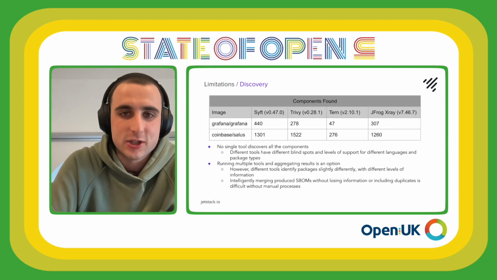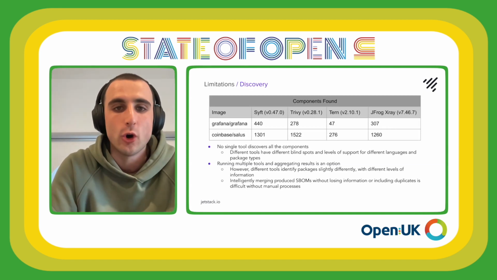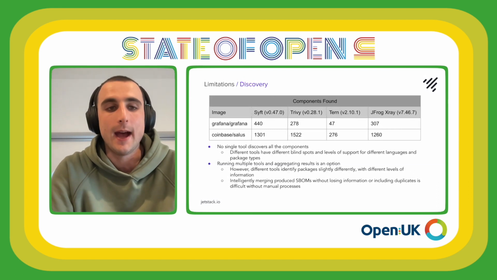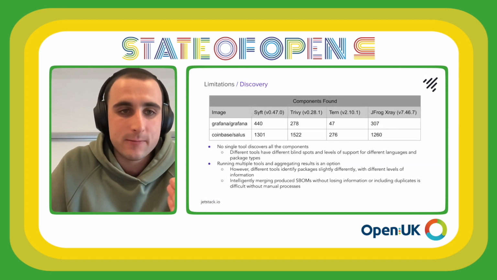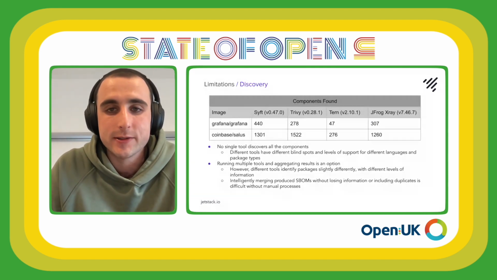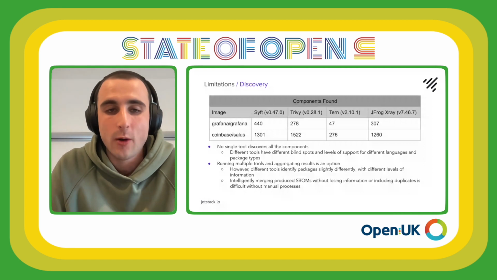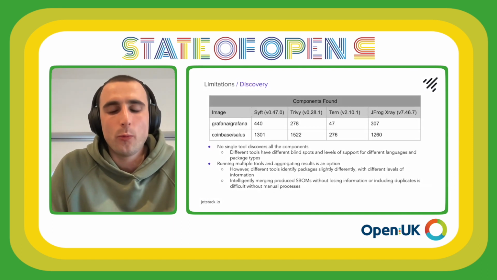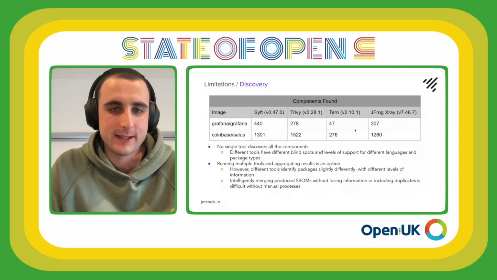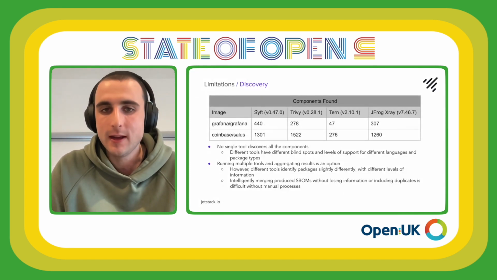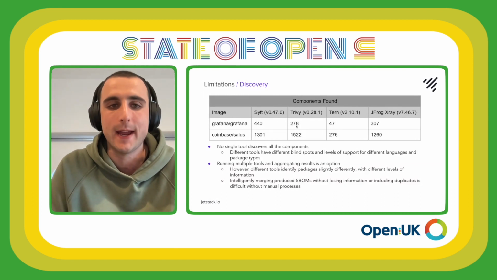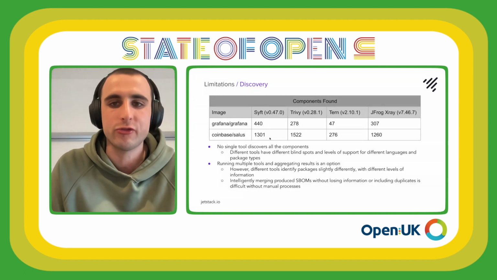We performed some investigation of some different scanners and how they perform while searching against the same image. So as you can see in front of you, we did the search for 2 images and compared that across a bunch of different scanners. And as you can see, there's a wide variety of results. What we can glean from this is that with a decent level of certainty, we can say for sure that no single tool discovers all the components. It's very unlikely that, given this wide variety of results, there's one here that's got no outliers.